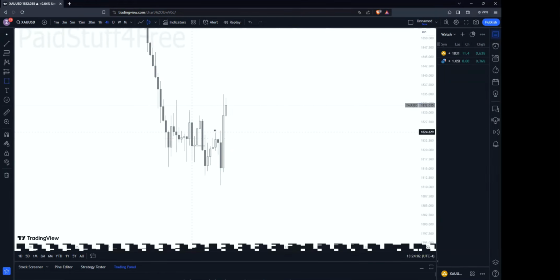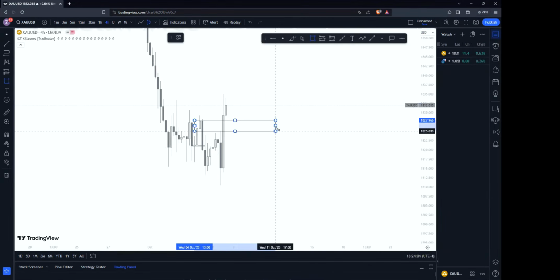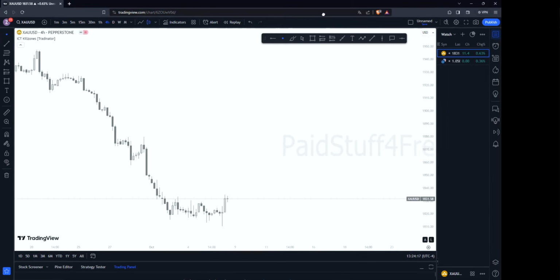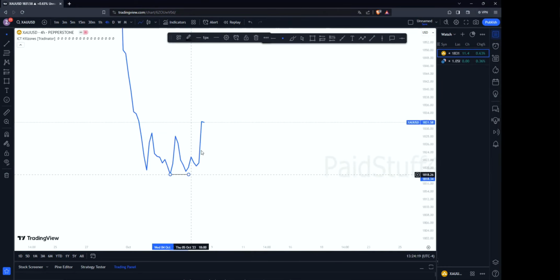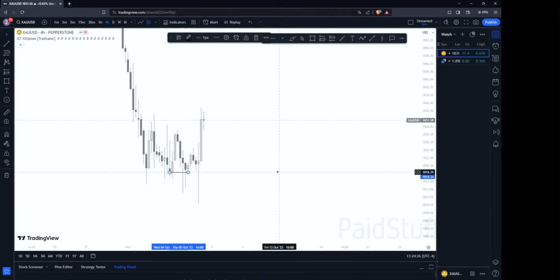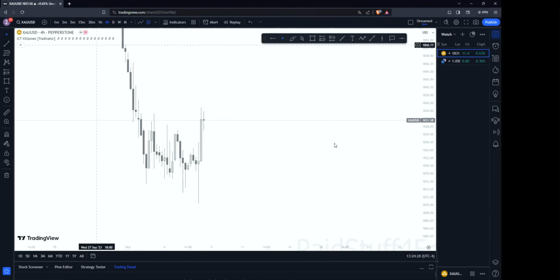People that use Oanda all sold from this area, and you might be confused about the reason to sell here. But after a breakout, you get a pullback, and after a pullback, you get entry on certain levels. I'm going to show you how to do that. Now, check Pepperstone. Do you have a breakout here? No, you don't. That's why price went all the way up. People that use Oanda always get messed up. So stick to Pepperstone. Okay, guys, any more questions?